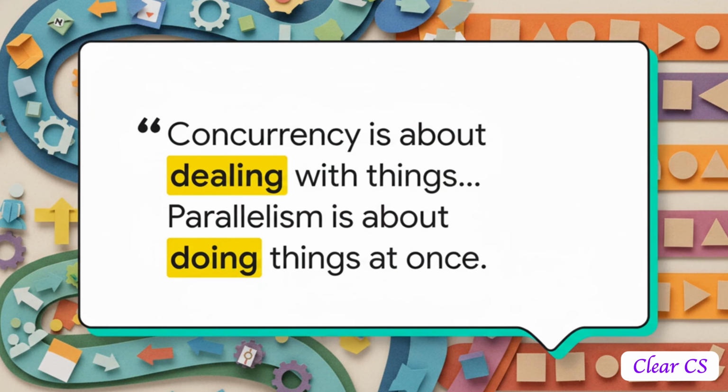management. To set the stage for this whole explainer, we really need to look at this absolutely brilliant quote from computer scientist Rob Pike. He hit the nail on the head when he said, "Concurrency is about dealing with lots of things at once. Parallelism is about doing lots of things at once." I really want you to keep this conceptual anchor in mind as we go. There is a subtle but absolutely critical difference between dealing with something and actually doing it.